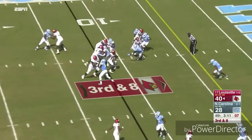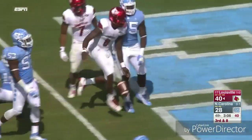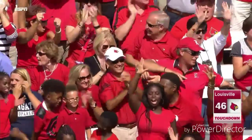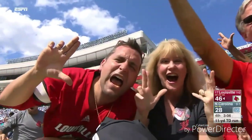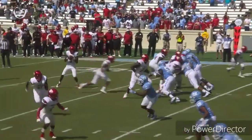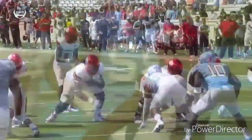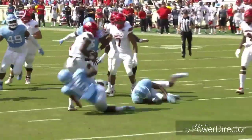Going to be a quarterback run all the way for Lamar Jackson. And he's able to stretch forward for the touchdown. The Lamar show continues. 3 passing touchdowns, 3 rushing touchdowns today. 8 on the season in just 2 games. I mean, I don't know what else you can say. The kid is just ridiculous. Lamar Jackson is